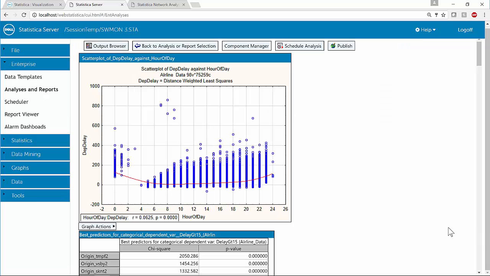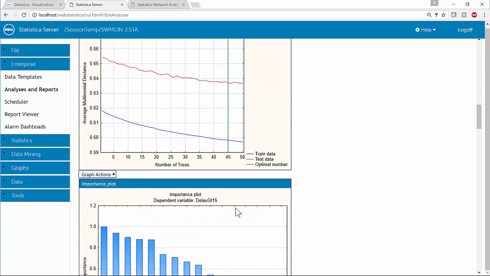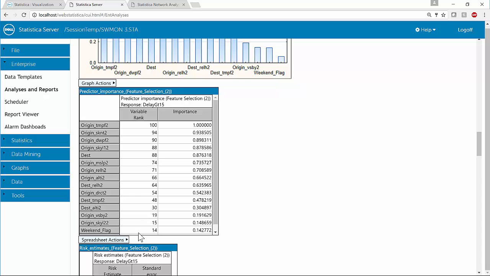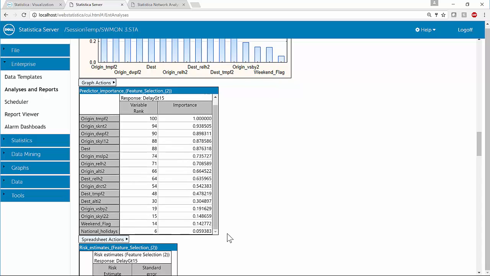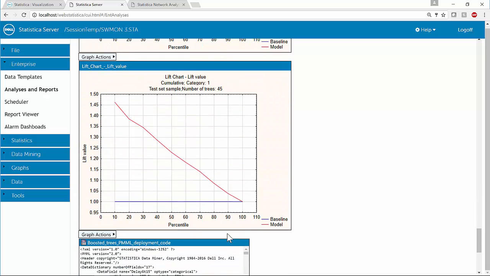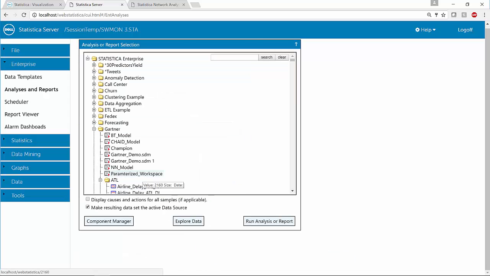So here we have the results based on the options that we selected. So we looked at the scatter plot, and as we go down, we can look at the feature selection as well as the modeling from the booster tree models that we selected. So if we look at the final lift chart, it's a lift of 1.45, which is not great, but we know that we didn't select one of the top predictors, which is hour of day. So we can now go back and rerun this parameterized workspace